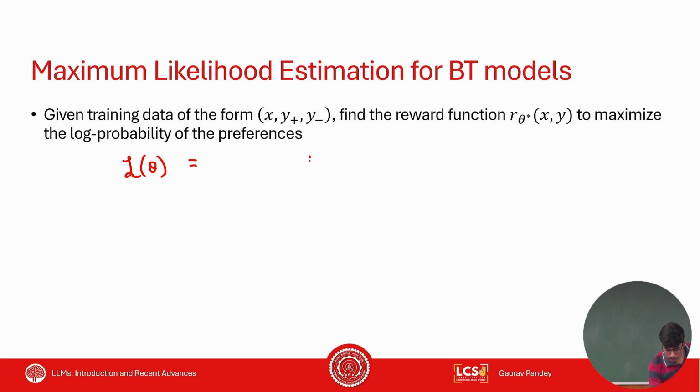It's the log probability of preferring yi over yj given x, which I can write as log of exponentiated r theta x y i